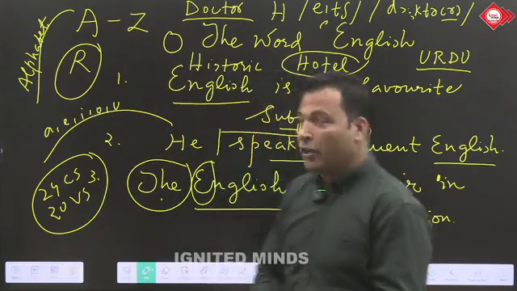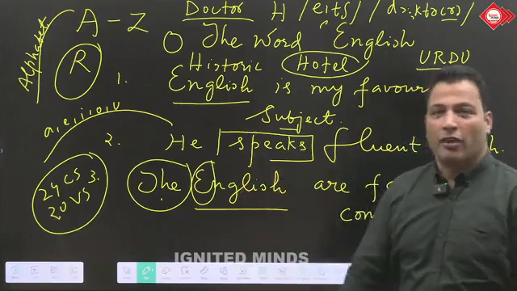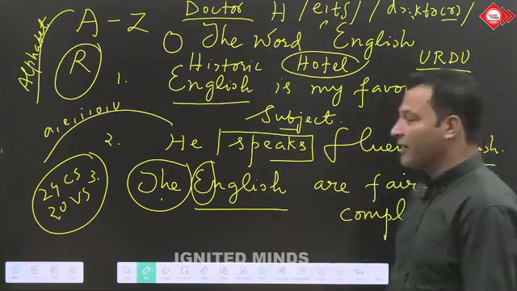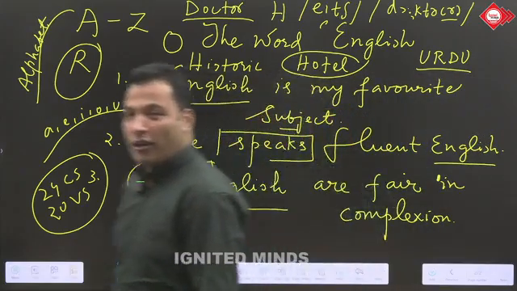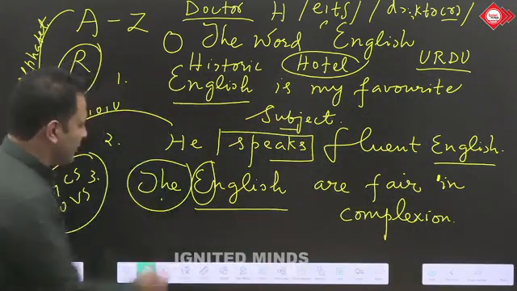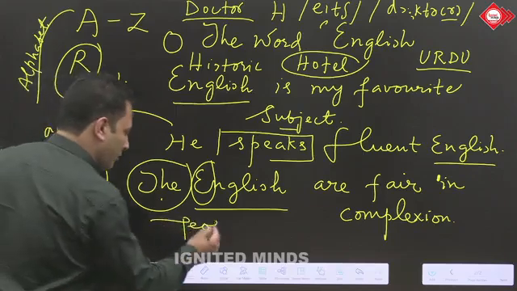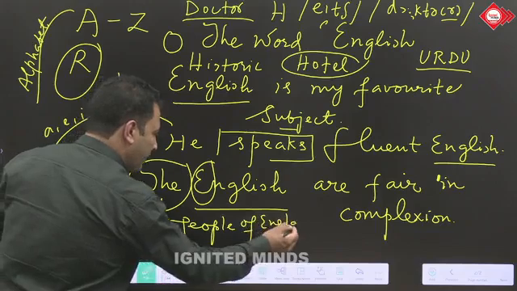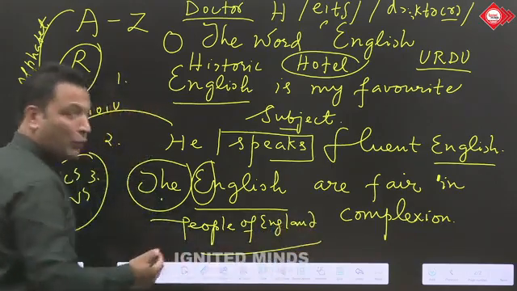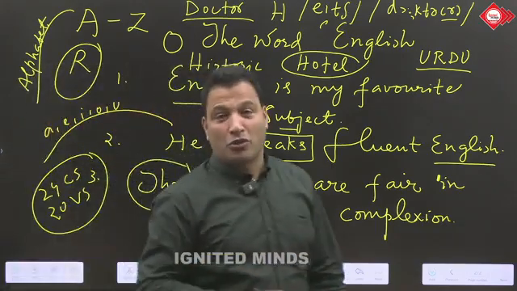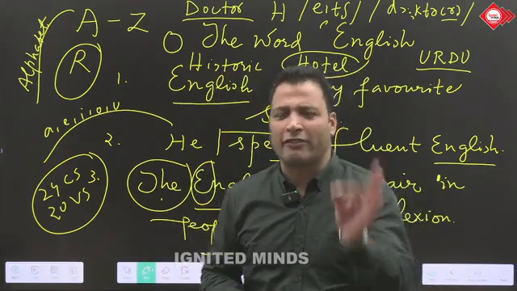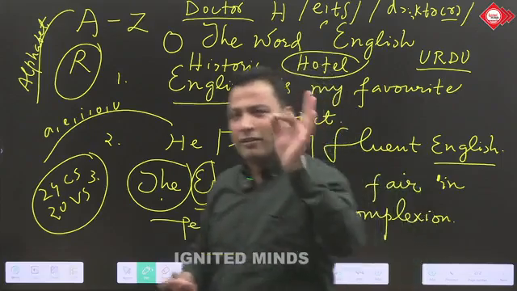Very good. So, three contexts. In context 1, it's the subject. In context 2, it is the language. In context 3, it is the people of England. Very good. You are writing it down also. मुझे अच्छा लग रहा है. आप लिखते जाइए, even though I am not seeing you, but I can feel that you are jotting down all these important points today. We are discussing the word English. That's our topic, the word English.